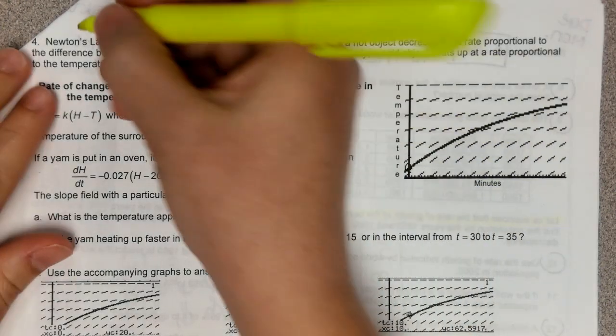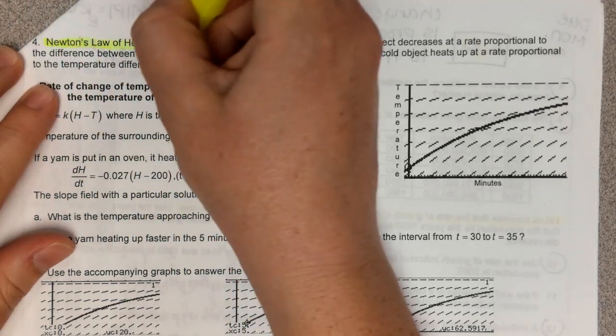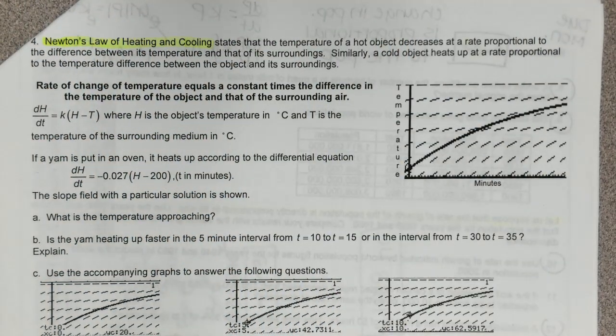Okay, today we're talking about Newton's law of heating and cooling. Newton's law of heating and cooling tells us that the temperature of a hot object will decrease at a rate proportional to the difference between its temperature and that of its surroundings. Similarly, a cold object will heat up at a rate proportional to the temperature difference between the object and its